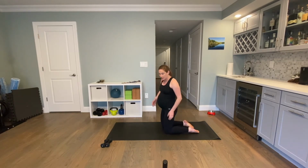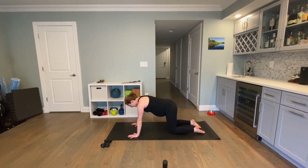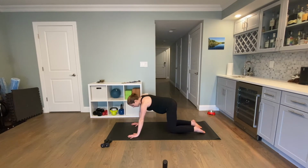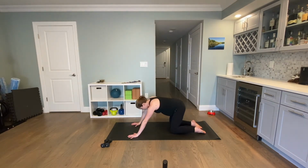To start, you can bring your weights off to the side, and you're just going to come into all fours with your hands right underneath your shoulders and your knees just ever so slightly behind your hips. And then take a nice big inhale, and then exhale. Feel your abdominals engage, pull them gently away from the floor, draw your ribs towards one another, lifting your pelvic floor, and then sink your hips back towards your heels, and then come over to one side and send your